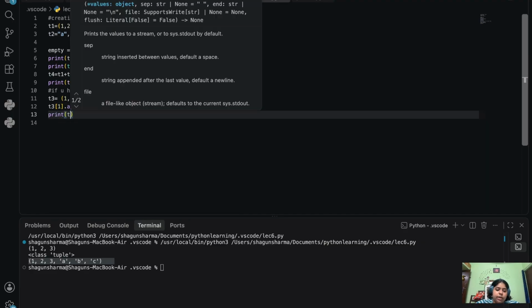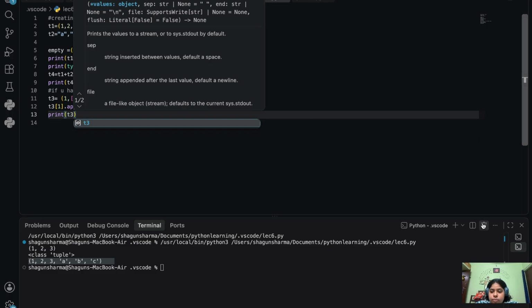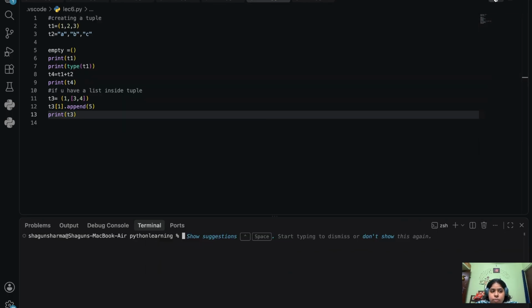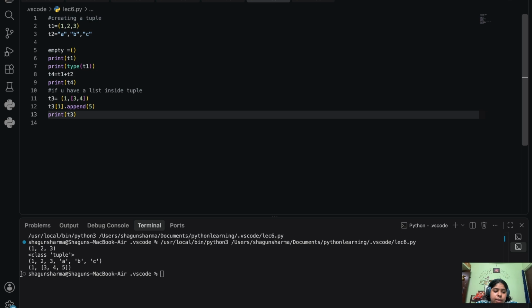Then we'll provide t3. Let's see if it runs or not. So the value is being appended. It will keep on adding in the list. It won't get a separate thing, right? So we have talked about how to append something in a list when it is inside the tuple. Let's talk about